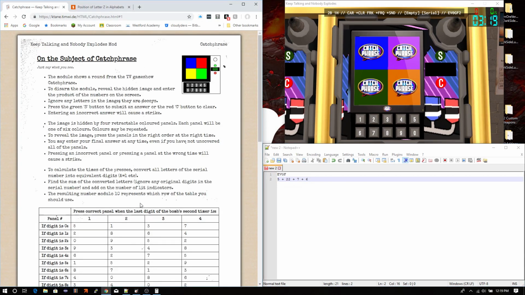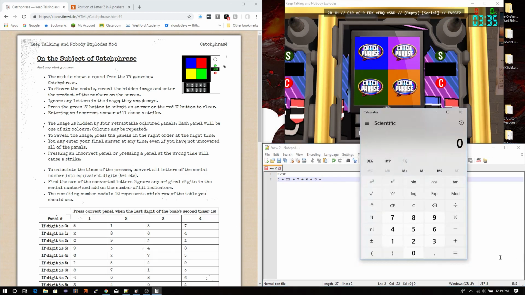Go back. It says also that the sum of the numbers of the serial number needs to have the indicators added on as well. So it looks like we have 3 this time. That's a lot of indicators. And so once we sum all this together, we will get